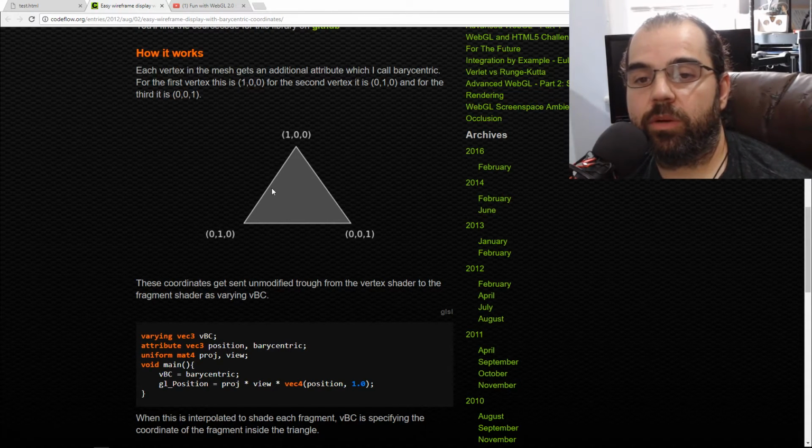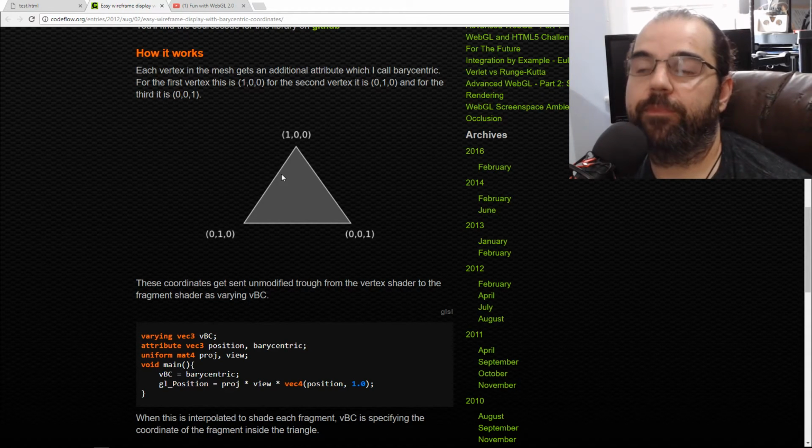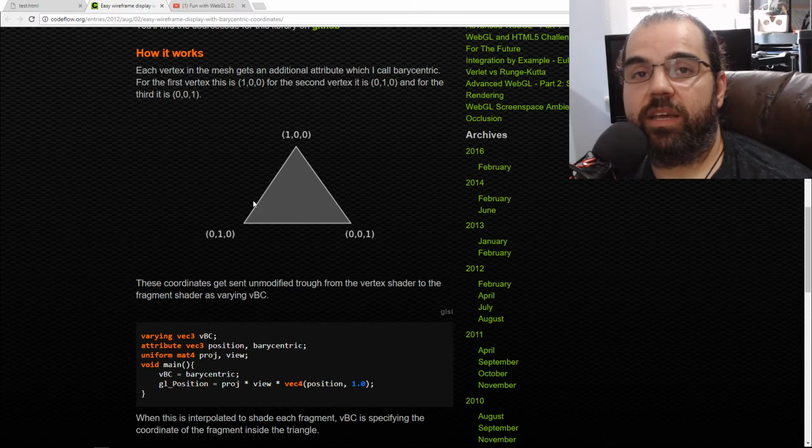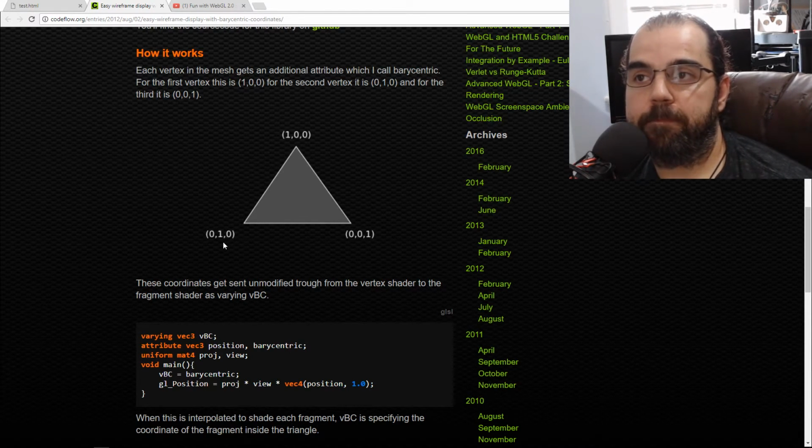So in our shader, we're not going to pass in X, Y, and Z. We're going to pass in X, Y, Z, and W. That W component would then identify each corner. And then the shader would define these in the vertex shader, converting the corner index to the actual barycentric